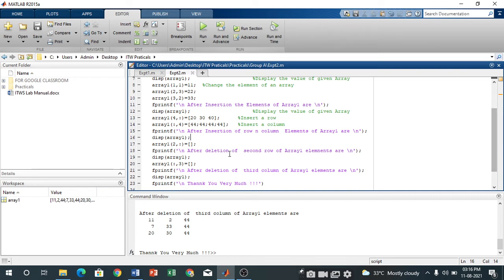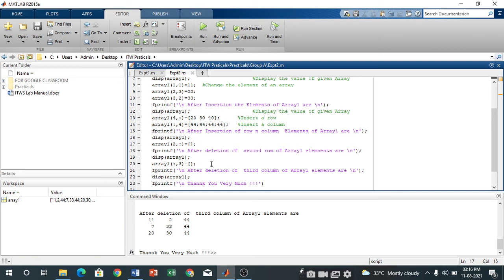Okay, now this is the code for deleting elements from an array. So array 2, whatever elements are available on the second row of array 1, it will delete all those elements.